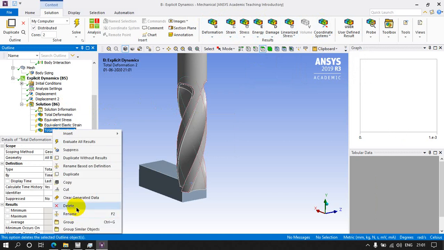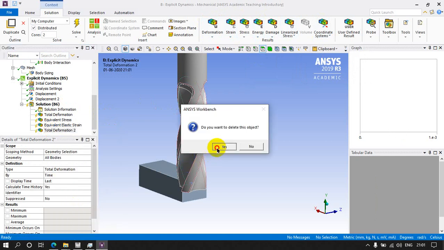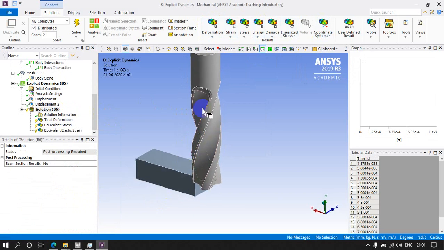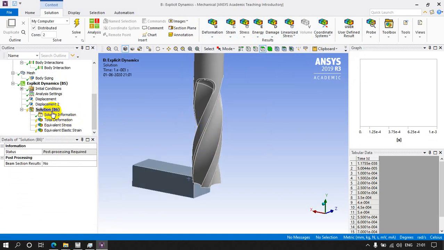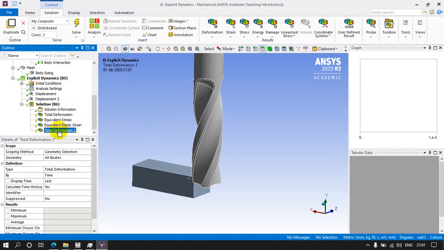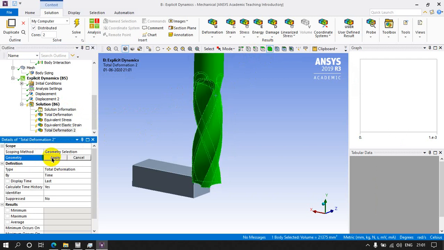Okay, and now I want to see only deformation on the drill bit. So click on solution, deformation total. Here we can see that all bodies are there. Then you use body selection, choose the particular body and apply it here, so that we can see only the deformation of that particular body.